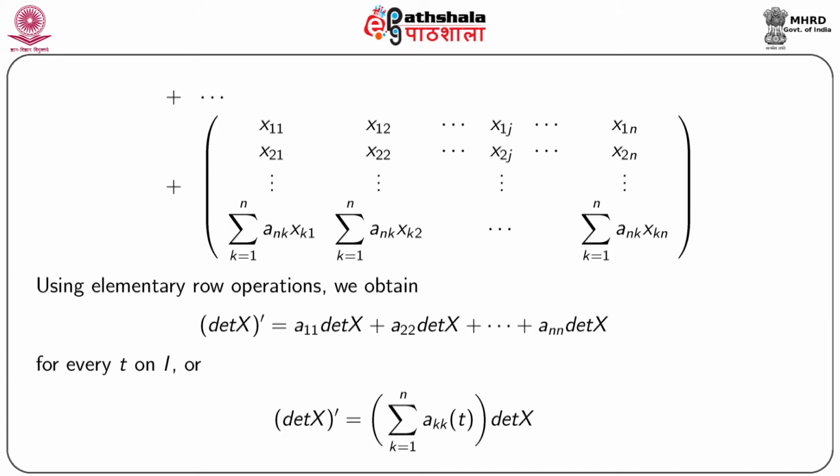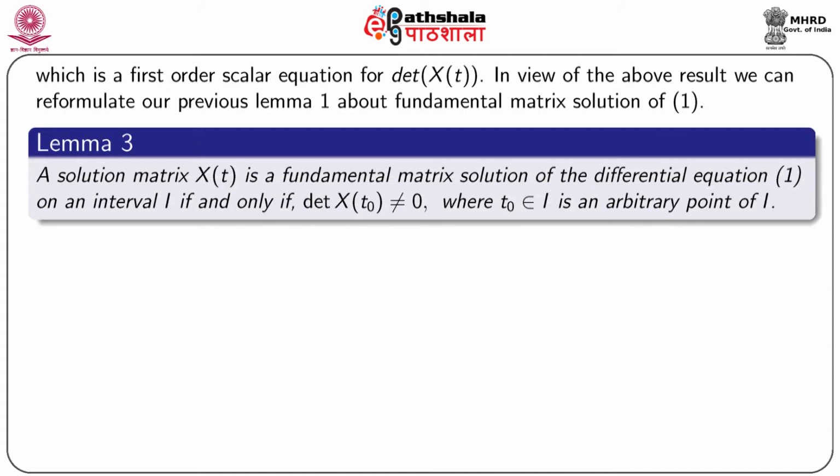We now use elementary row operations and we get determinant x dash is equal to a11 determinant x plus a22 determinant x plus dot dot ann determinant x for every t on the interval I, and hence we can write this as determinant x dash is equal to summation k equal to 1 to n akk t into determinant x, which is a first order scalar equation for determinant x. Thus, in view of the above result,